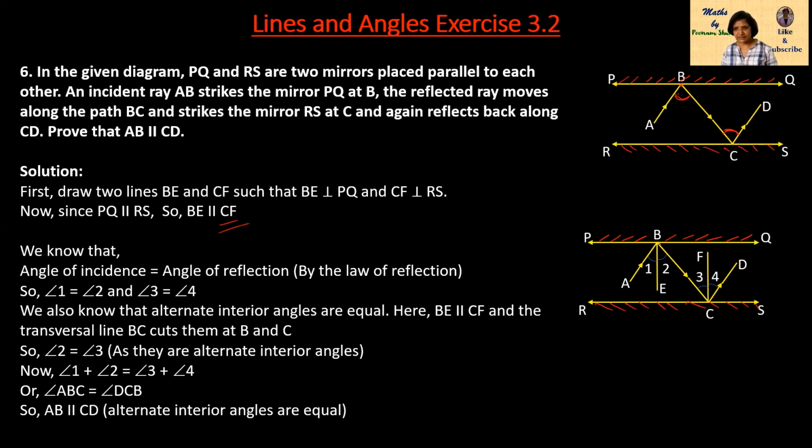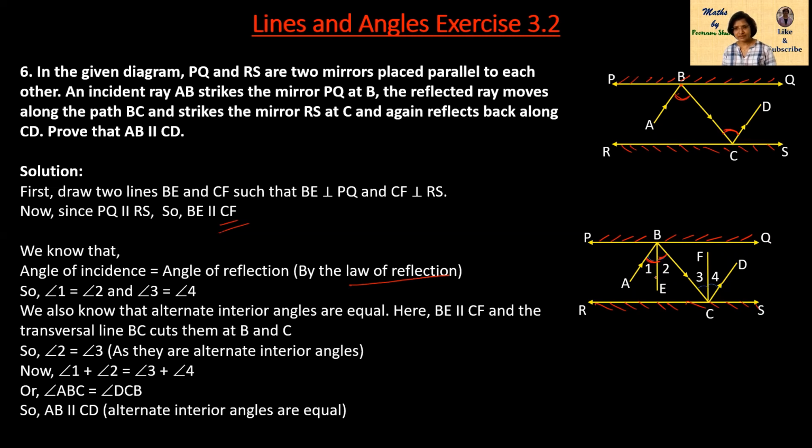So now we know that we have to take some part of physics. Only the law we will use here, and if you want to see the details of the law, you can go into physics. Law of reflection. So here this is the incident ray, right? And this is the reflected ray or reflection ray. So this angle is the incident angle and this is the reflection angle. So always, by the law of reflection, these two angles are equal.